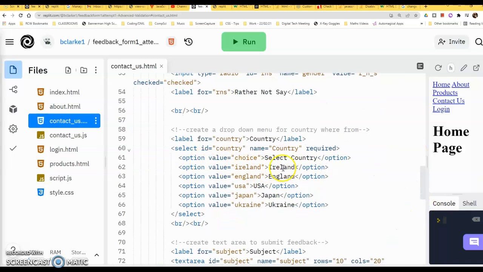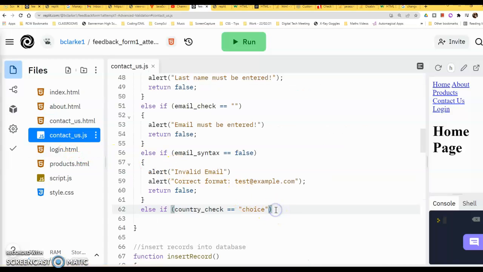So when the user selects whatever box, this is what gets returned: Ireland, England, USA. So in our case, we're going to check if the value is choice. If it's choice, that means that the user has not selected anything at all, which is not what we want. We want to say alert, please enter